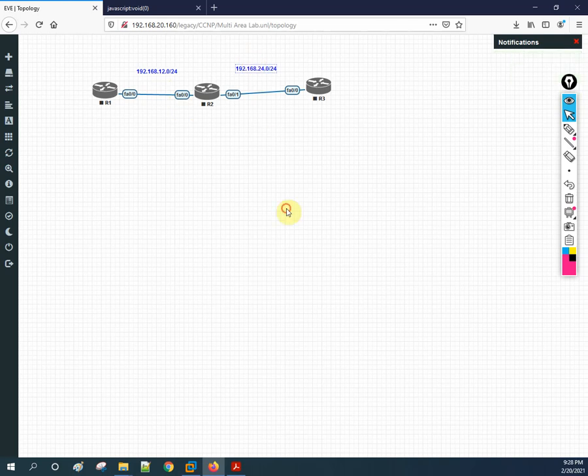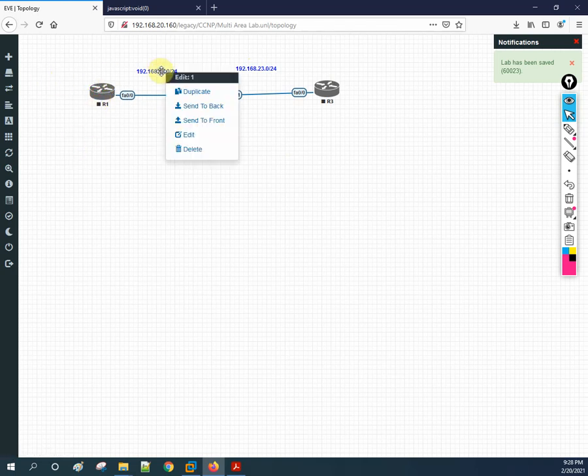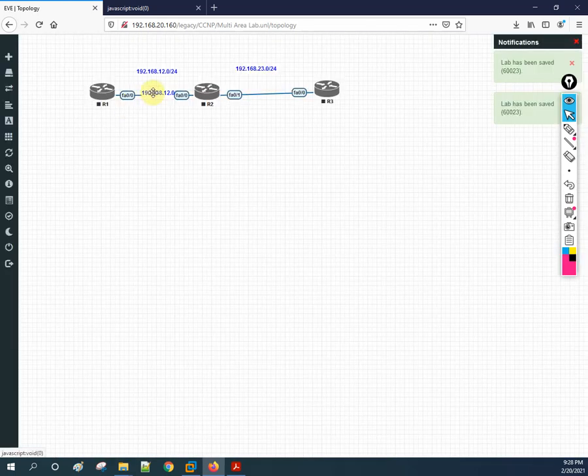You can take anything, but I am using 23 because this is between R2 and R3. Here I will create some loopbacks so that you will have the multi-area. So we will play with this. Now I will take Loopback 0 as 1.1.1.1.